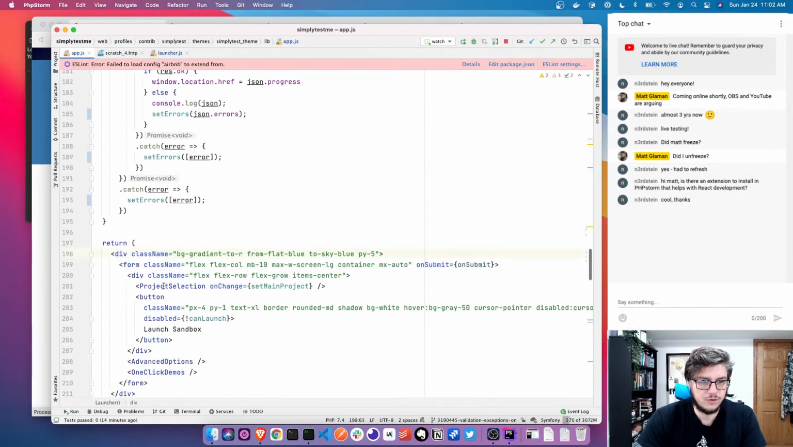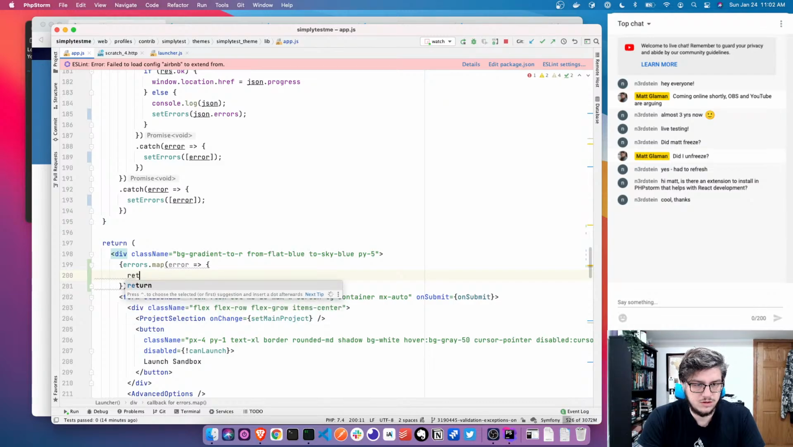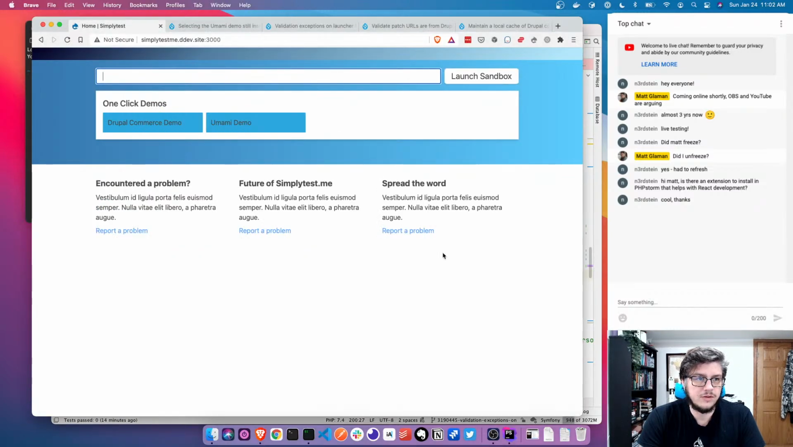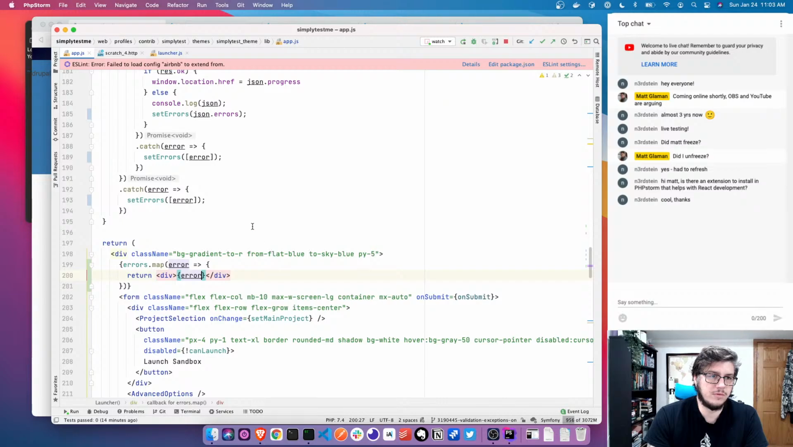So we have the form here, project selection. So there's the form. So we're going to say errors.map error, return. Oh, just do div and the error for now. So to refresh, and we've got our error displaying, but it looks